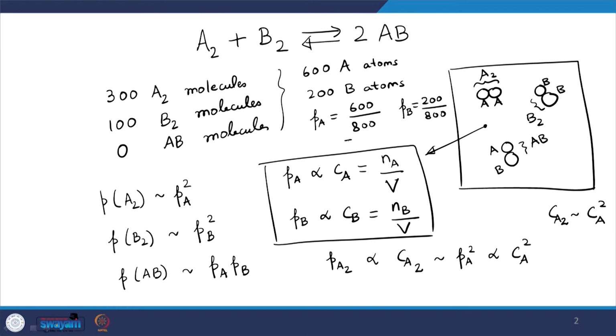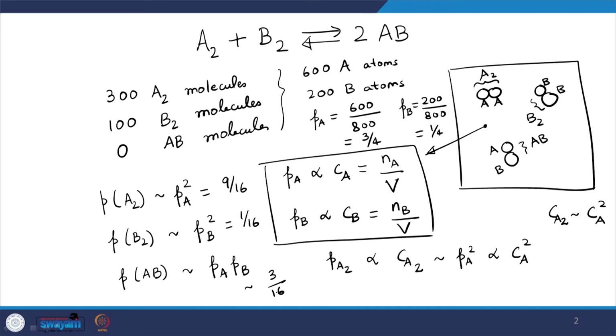So, this becomes 3 by 4 and this becomes 1 by 4. So, this is something like 9 by 16, this is like 1 by 16 and this is 3 by 16,